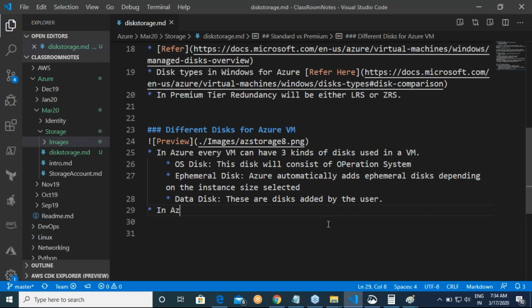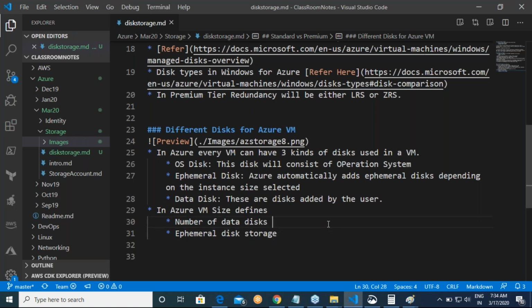In Azure, VM size defines the number of data disks that can be added, the ephemeral disk storage, and the number of disks that can be added. By default, they will not be added.